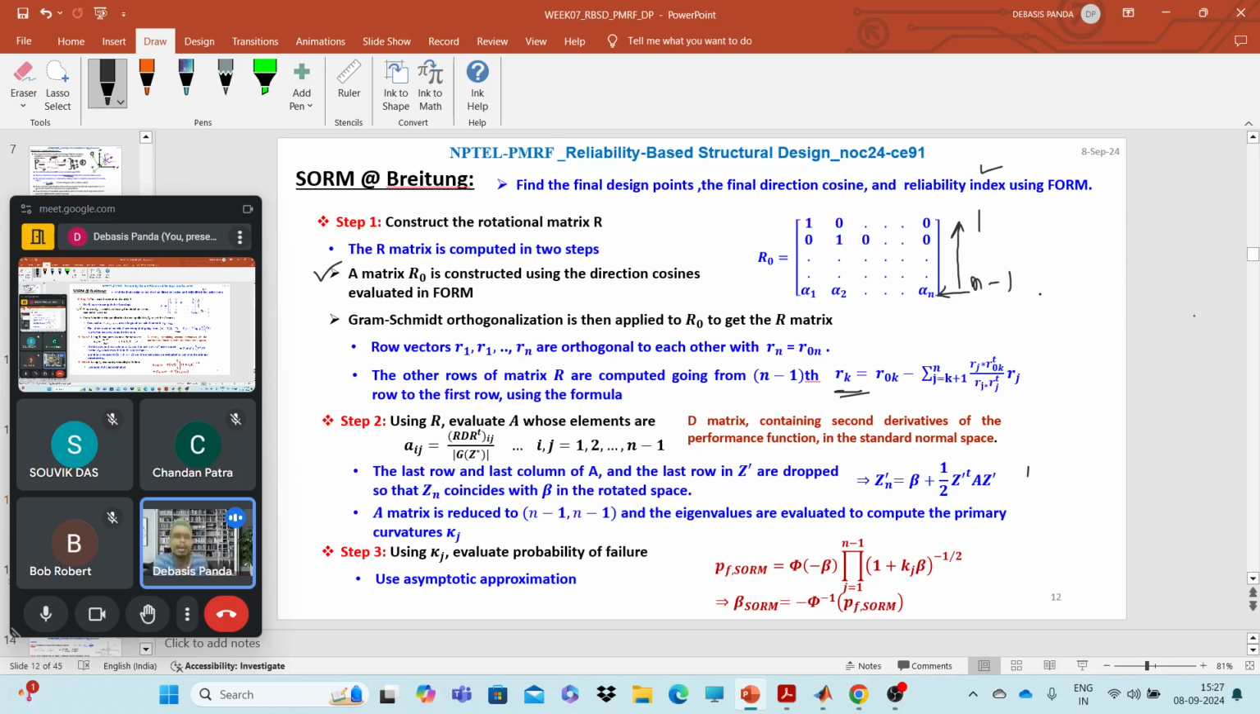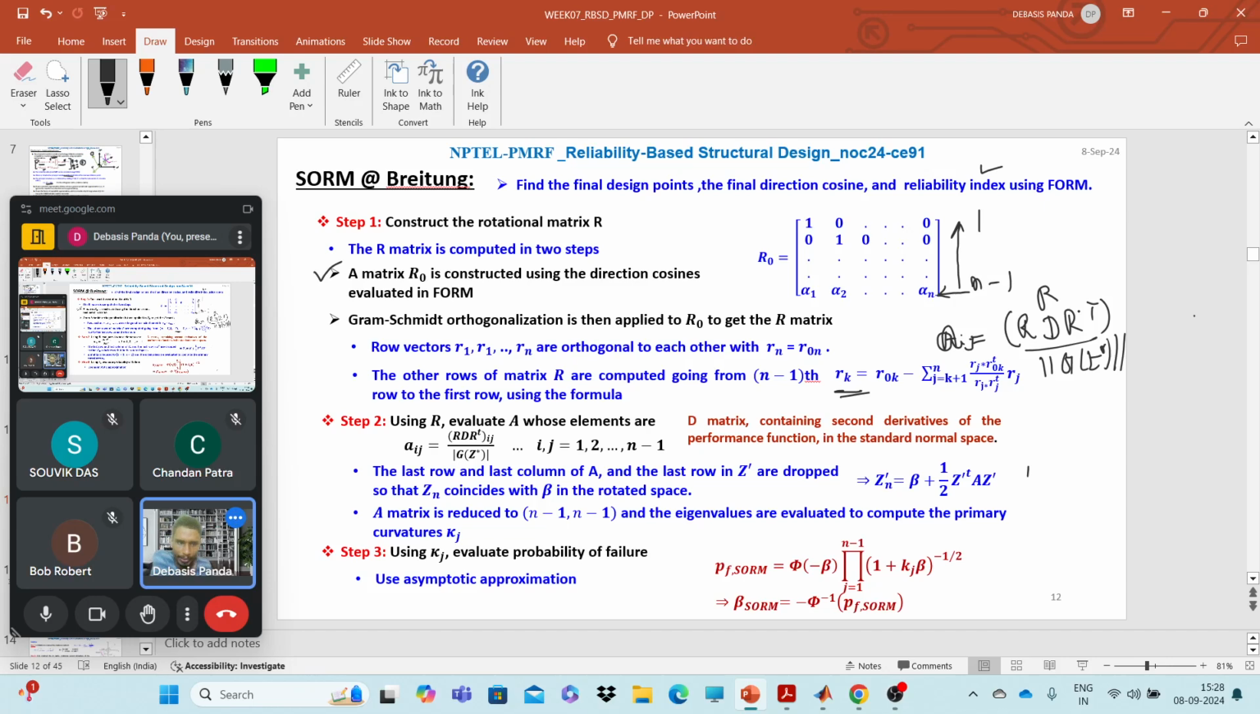Now once we have the R matrix, that means the rotational matrix, we need to formulate the A matrix. This matrix contains the information about the principal curvature. How can we get the components of A? Aij is nothing but R D R transpose divided by the Euclidean norm of the gradient of G at Z star, and that is the gradient of the limit state function in the